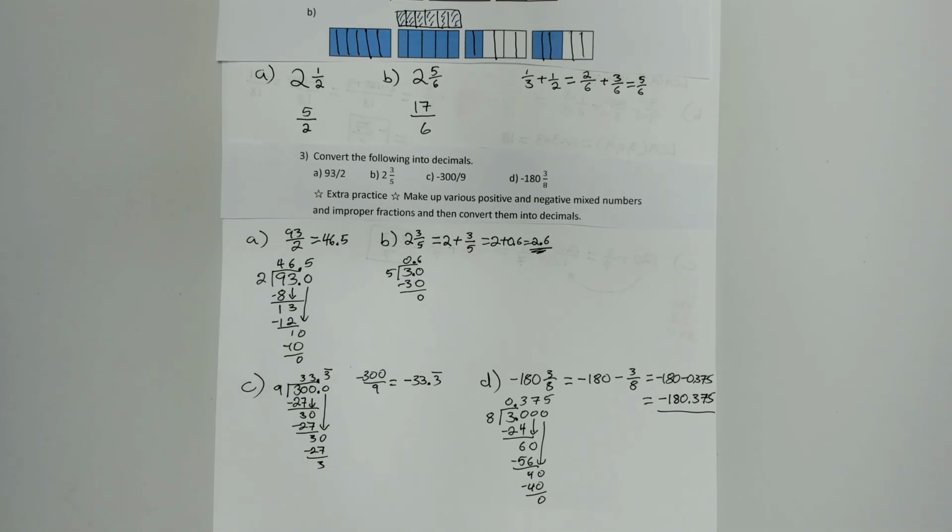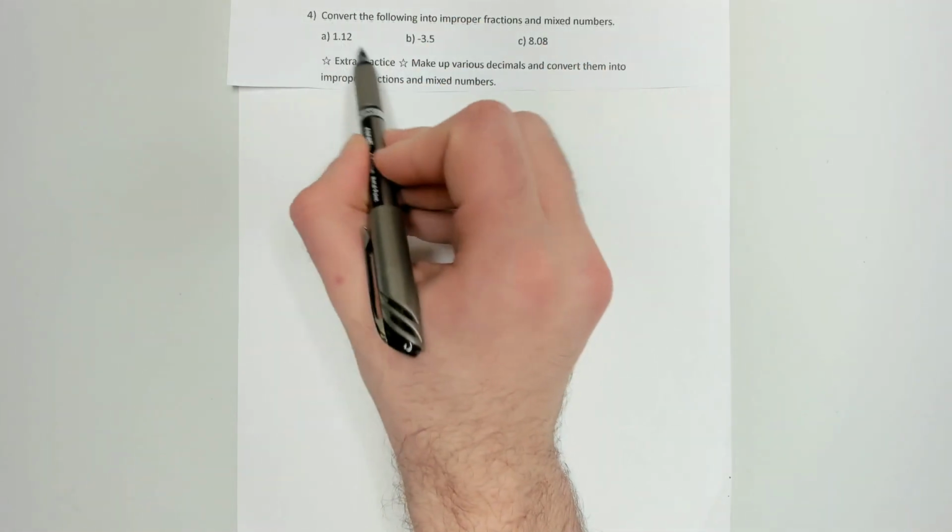And let's go on to part 4. All right, so this says convert the following into improper fractions and mixed numbers. So it's just the opposite of the problem we just did. Instead of going from these to decimals, we're going backwards. And we have to do 2 things for this. We have to, for each one of these, convert it into an improper fraction and then convert it into a